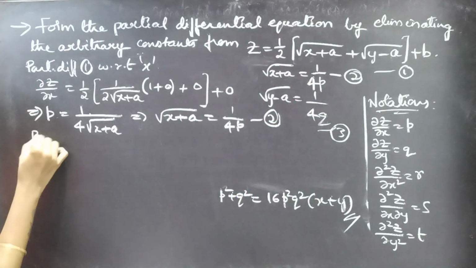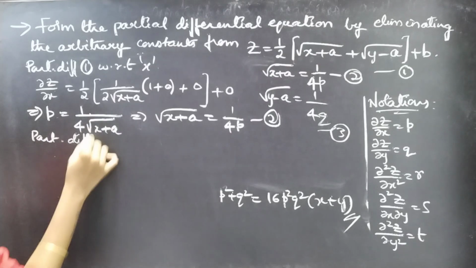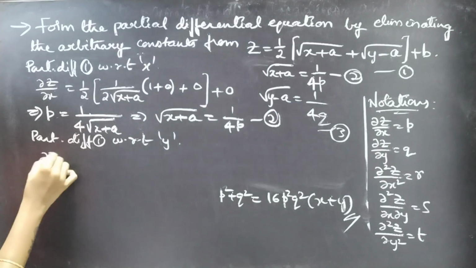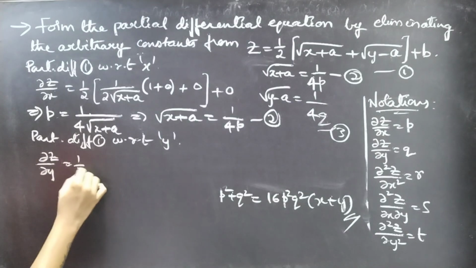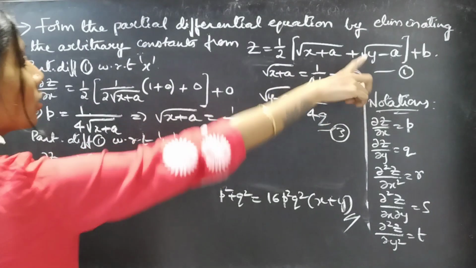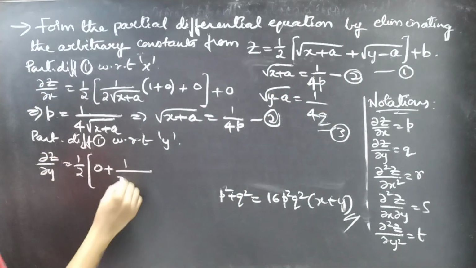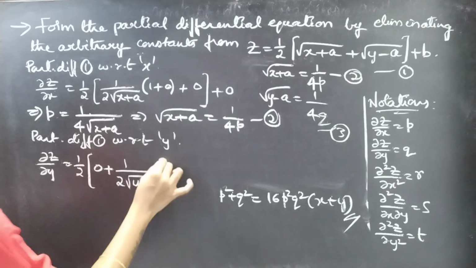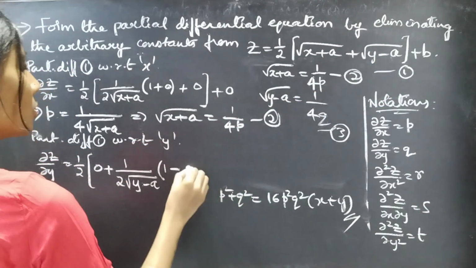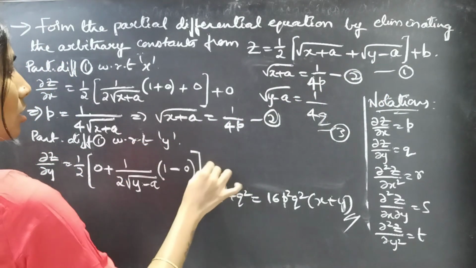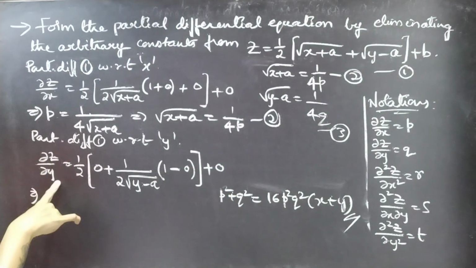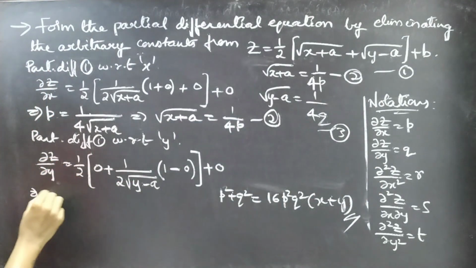Now partially differentiate 1 with respect to y. ∂z/∂y equals 1/2 into the partial derivative of a constant with respect to y, which is 0, plus the partial derivative of square root of y minus a with respect to y, which is 1 by 2 into square root of y minus a into the partial derivative of y with respect to y, which is 1, minus the partial derivative of a constant, which is 0. Since the partial derivative of z with respect to y is q, use the notation q